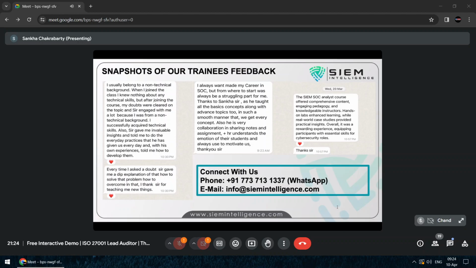Job support is not free of cost. There are some go-as-you-like packages, so you can be in touch with our management team, and then I can guide you accordingly. But that will not be free of cost, I mean, on job support. But yes, if you want my assistance or help regarding interviews, then that's free of cost. I'm always there for that. But job support we don't provide free of cost, because it needs lots of resource requirement and commitments. So yeah, there are some go-as-you-like packages, so you can connect.